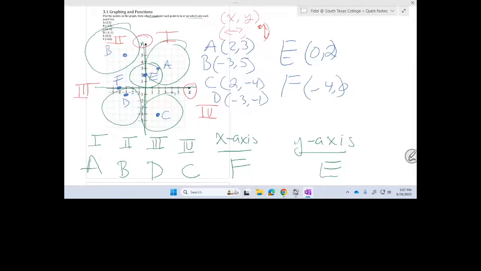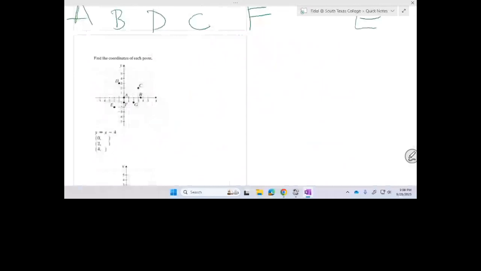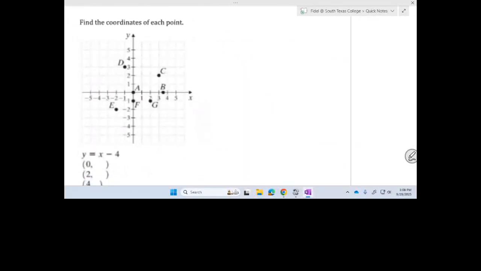Okay, so that's how we plot points. One of the things we're going to do in the next problem, the points are going to be plotted. What we're going to try to do is find the coordinates of them, okay? So let's scroll down to here. I'm going to do a quick zoom. All right, I want to see if we can find the coordinates